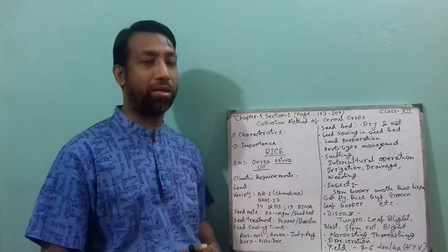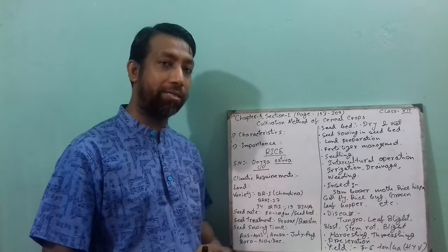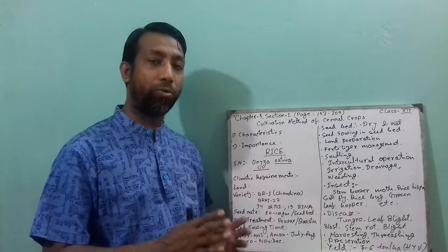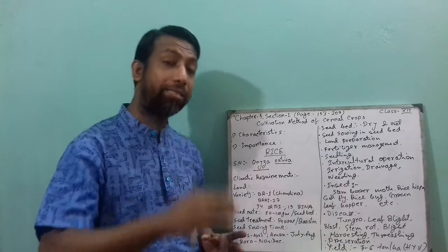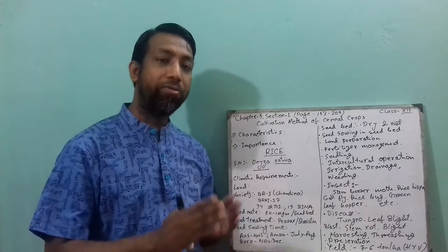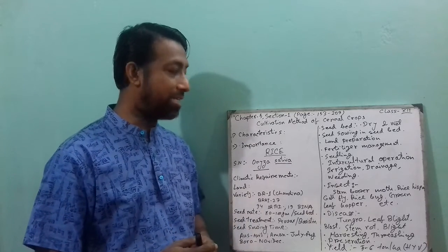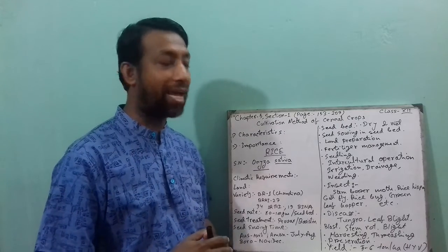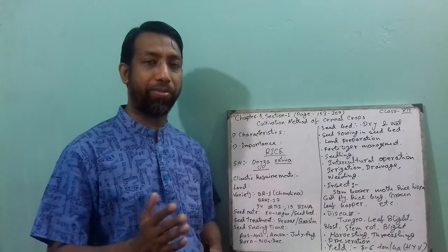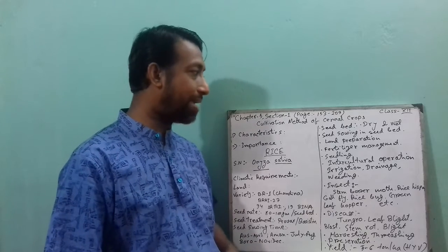It depends on the size of the rice seed bed, but the ideal size of the rice seed bed is 10 meter length and 125 centimeter width, and the height is 10 centimeter as well. And between two seed beds there will be a 50 centimeter gap for irrigation or other purposes, intercultural operation. So this is the ideal size of dry seed bed, but sometimes it depends on the region and purposes. So that doesn't make any difference.